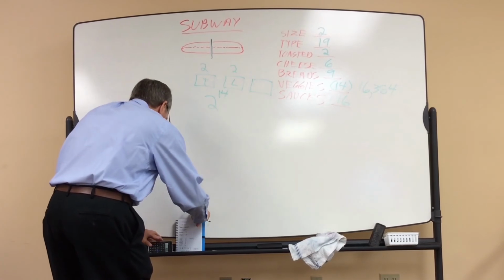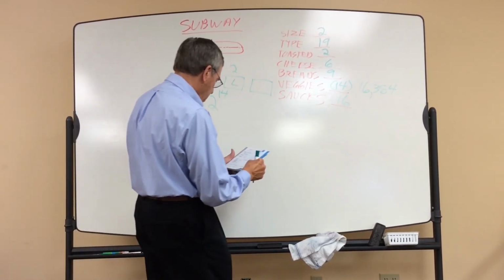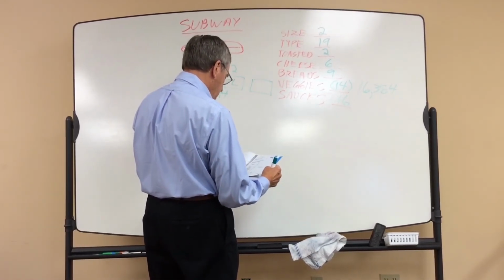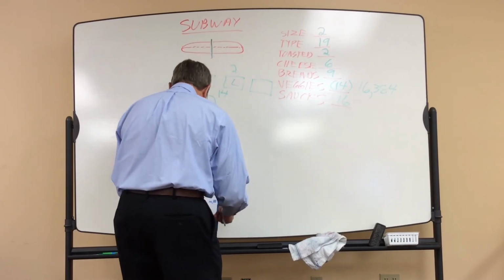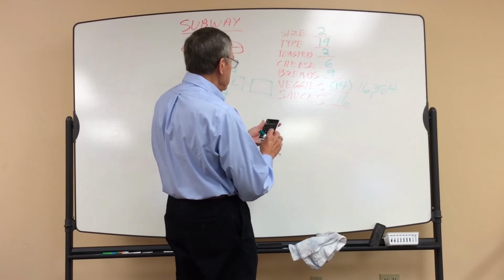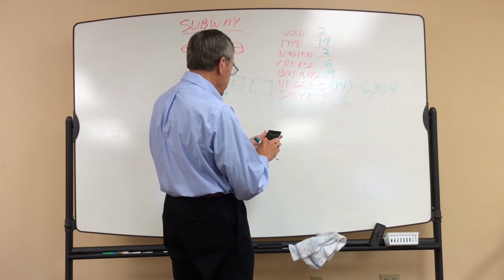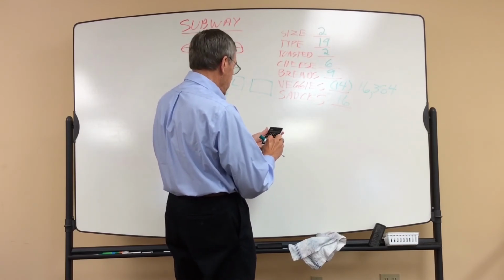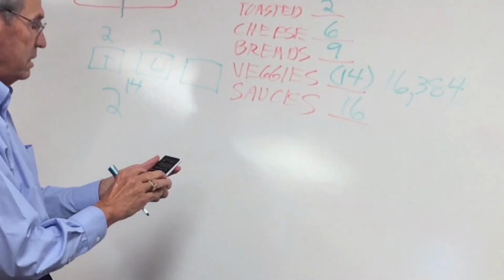And I've done that, and let me just do that real quickly here. So we take 2 times 19 times 2 times 6 times 9